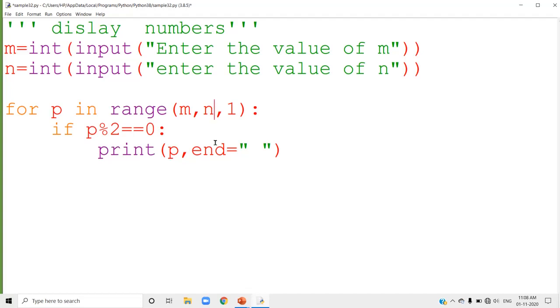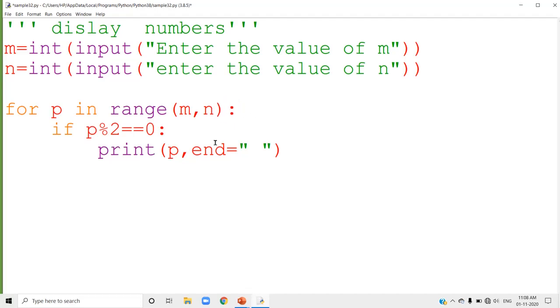But here m can be even or odd. The user is inputting the value, and we cannot predict what type of input the user is giving, whether it is an even number or an odd number. So that is why I am not using the step value here.